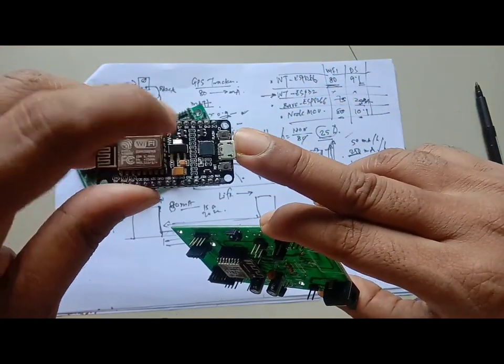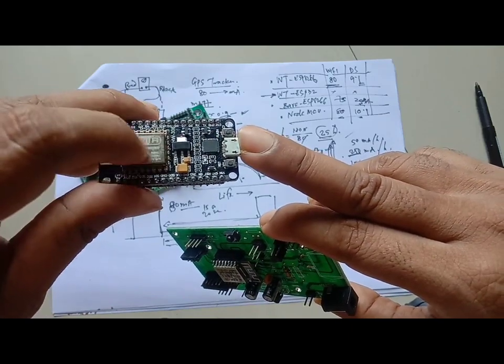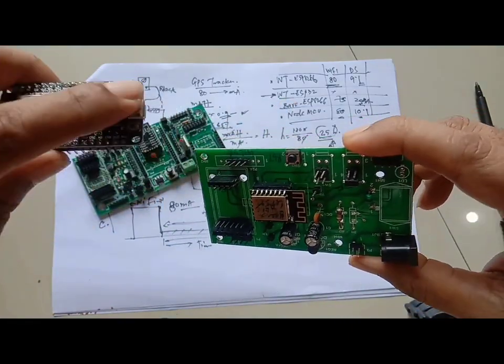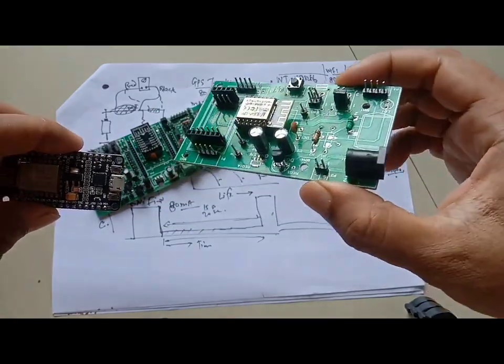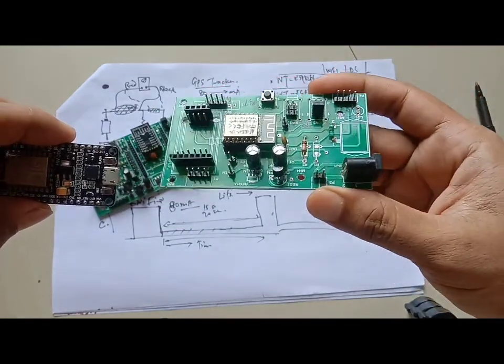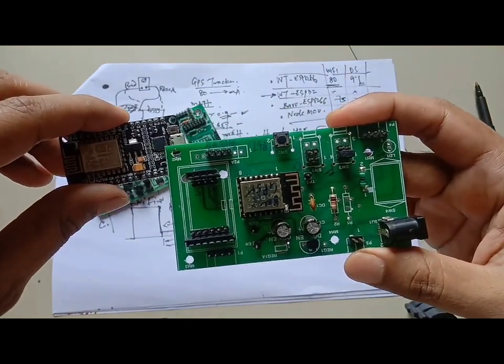When you program the board, it takes your code and converts it to TTL and flashes the board. Also, you can do serial communication through this, and this board doesn't have that. You need a programmer to code this board. But now you see the current consumption during deep sleep.